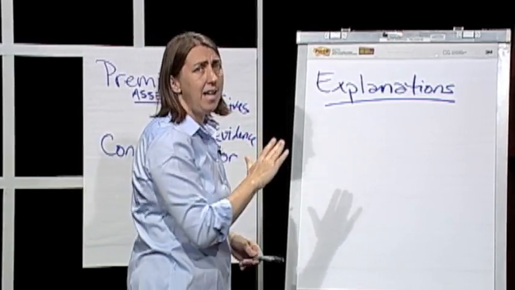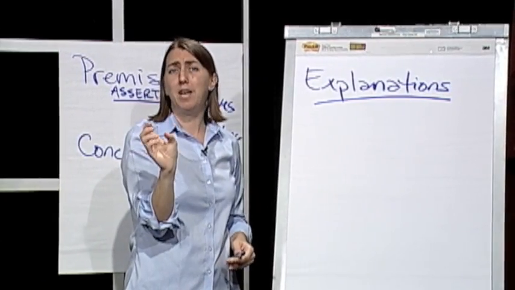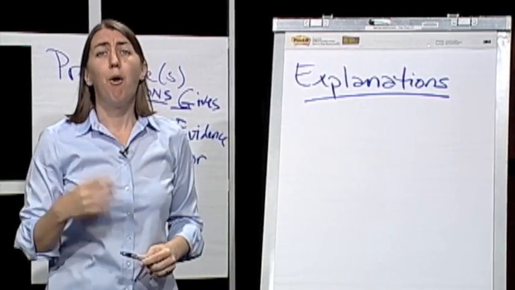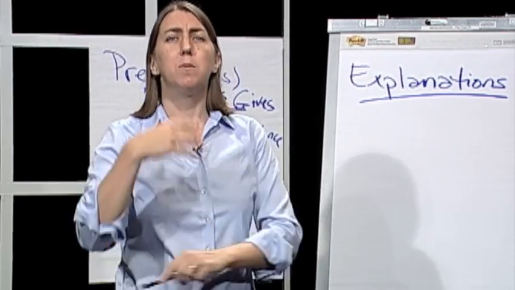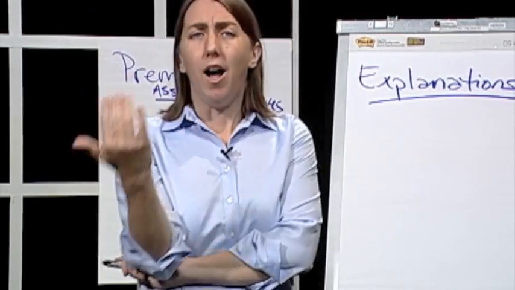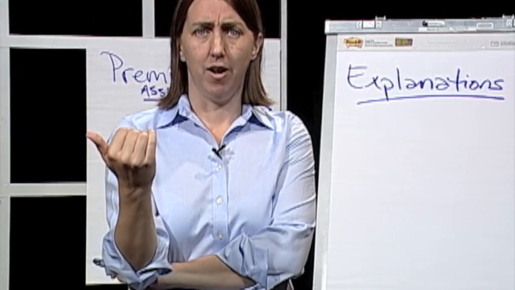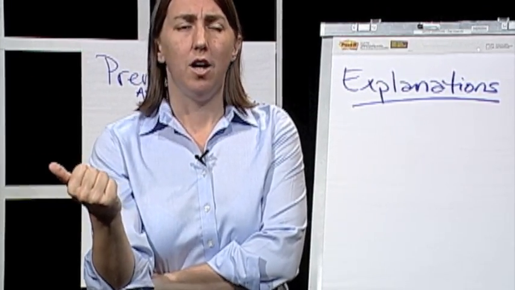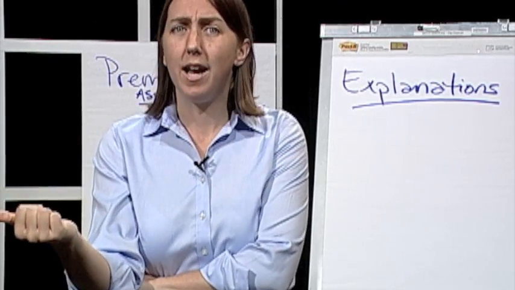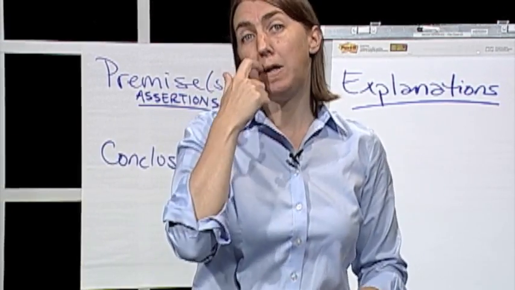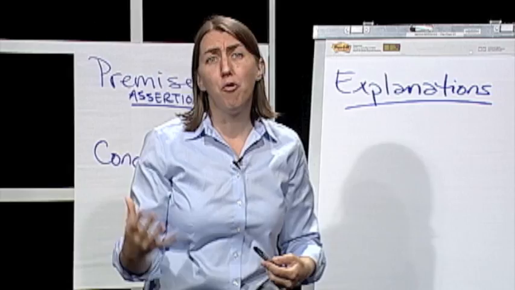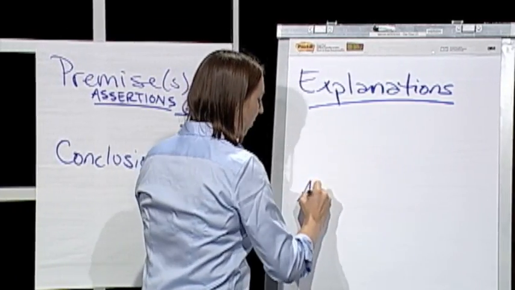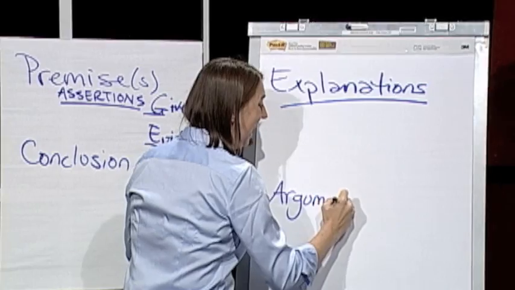Now, an explanation may use very similar language like because or since, but have a very different purpose. So I might try to explain to you why we're having the hottest week on record. Well, we're having the hottest week on record because the smog won't lift, because there has been far less rain than usual. These are all explanations that account for a certain case. Now, the way to distinguish between arguments and explanations is not,